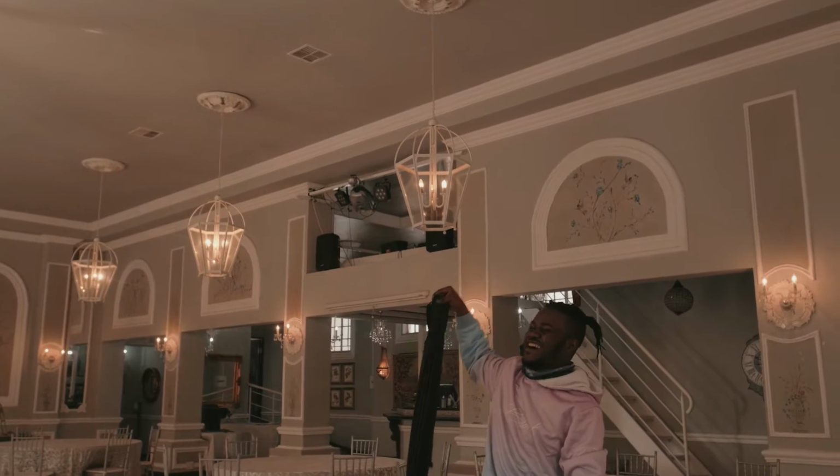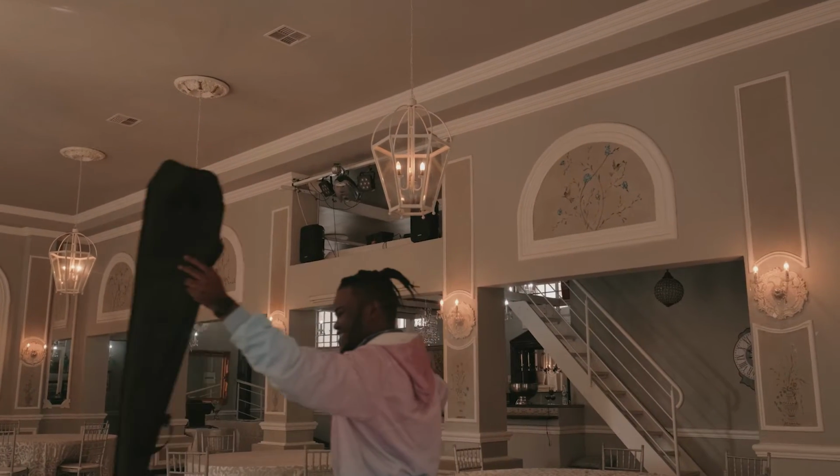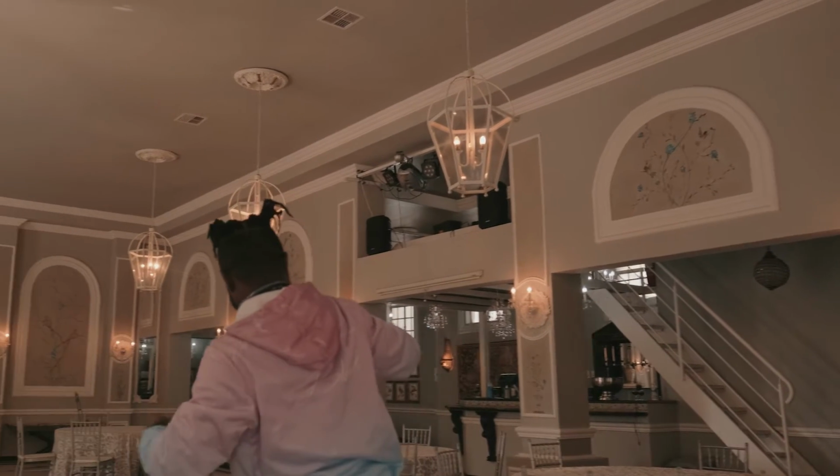The location is quite specific. This was a location where I did my melanin project. You can go check it out on my profile. I did a melanin project here, the space, and it was amazing. It was just amazing. This is a wedding venue, but I used it for fashion and for different things, and